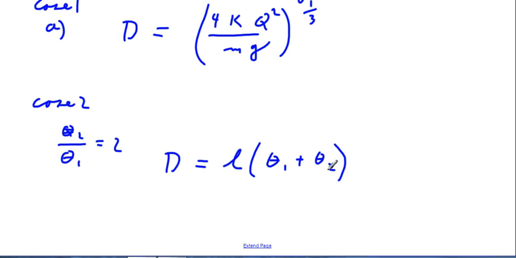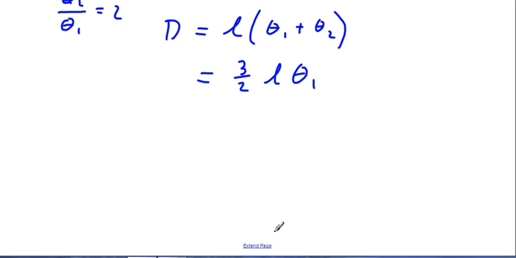Okay, and so that's going to be 3/2 L theta 1. Alright, so theta 1 is going to be 2D over 3L. Now we're going to plug that guy back into our equation and say that